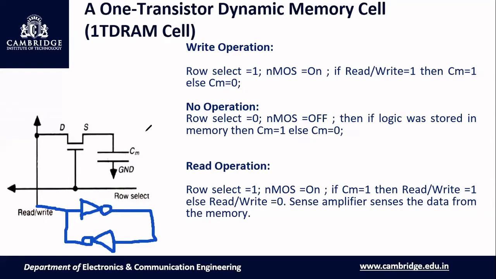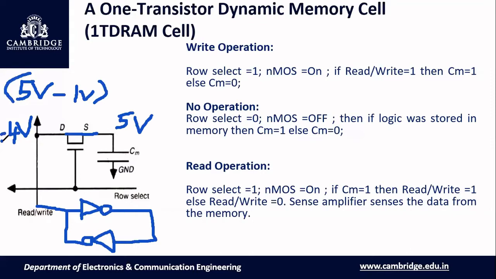If it has 5 volts here, slowly it will decay. And you also know that if you have charged this capacitor to 5 volts, the NMOS transistor can pass only 4 volts. You know that the NMOS pass transistor is poor at passing logic 1. It will be degraded by the threshold voltage. If the threshold voltage is some 1 volt, I'll get 4 volts at the output of the NMOS pass transistor. Here this capacitor will be slowly decaying.